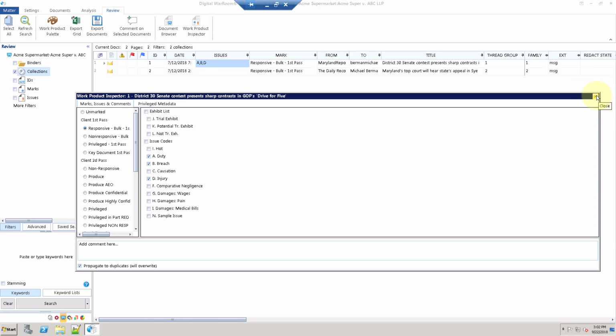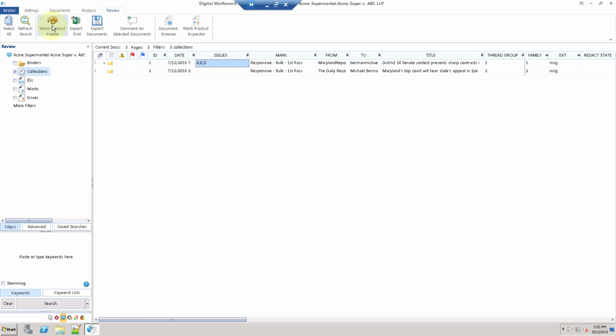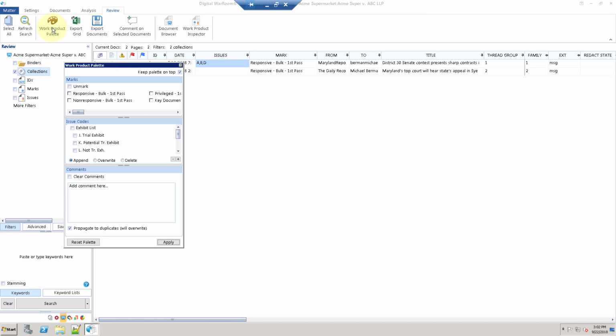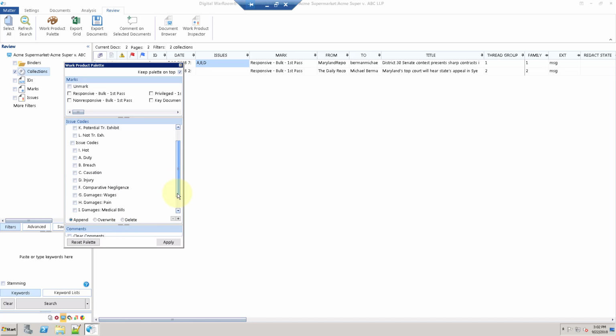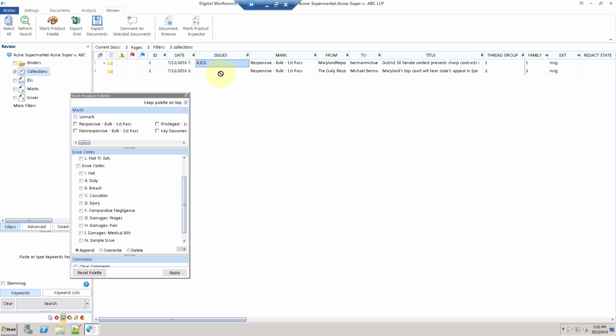So let's close the Work Product Inspector and look at the third option, the Work Product Palette, again in the Review tab. I'm going to open the Work Product Palette, and I'm going to try to grab this little handle here, which always gives me a little bit of trouble, and drag down my issue codes. And here we see we have the same issues. So if I have a number of documents that I want to issue code, I can highlight them and issue code here. I'm going to use overwrite